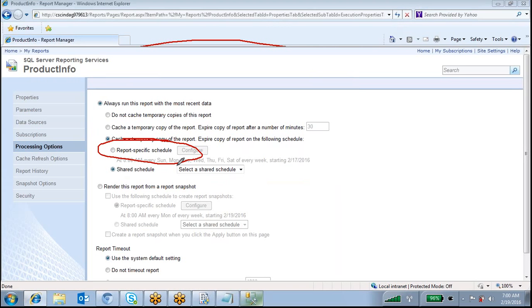The same way how we are using a shared data source connection, you can create one schedule one time, and that schedule you can use inside it. Right now we don't have any shared schedules. This is about the caching.